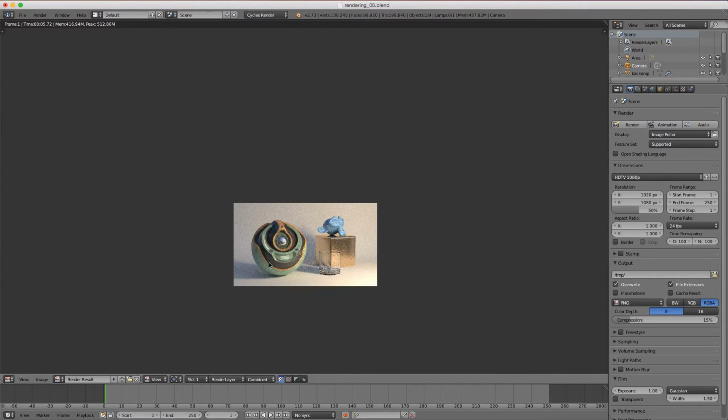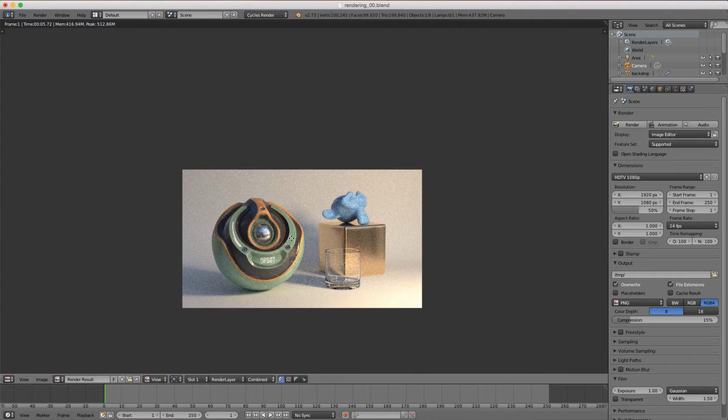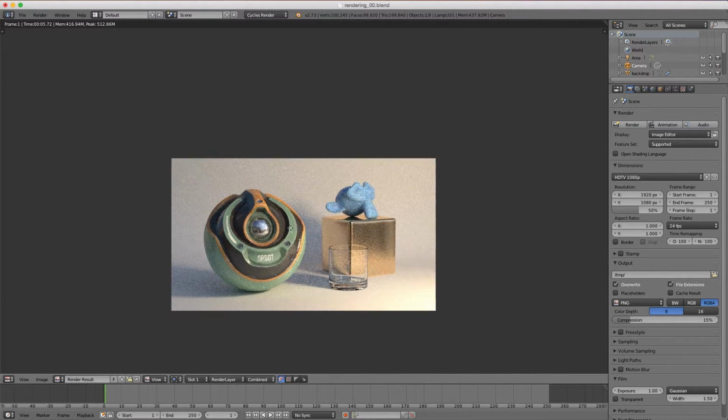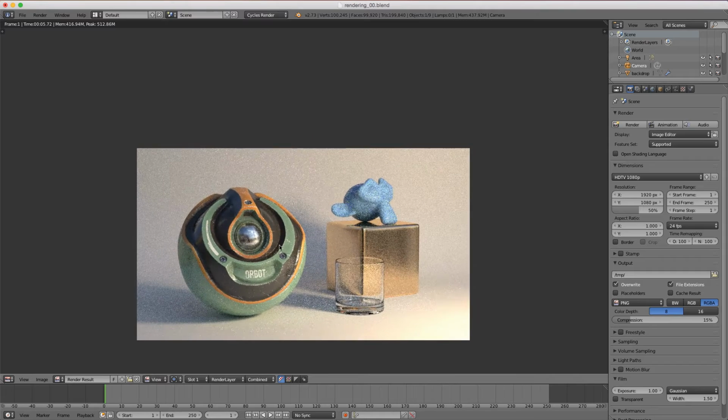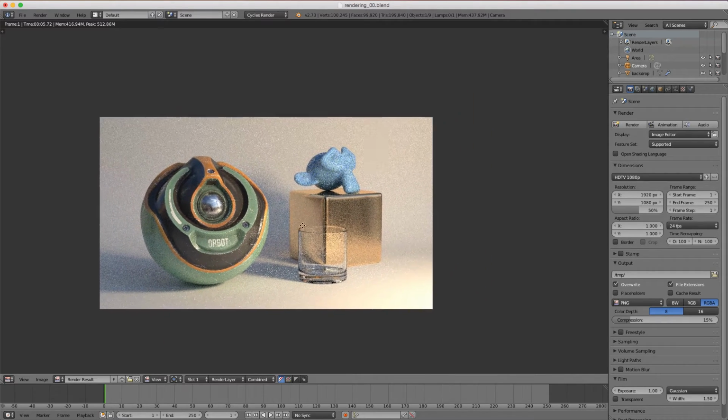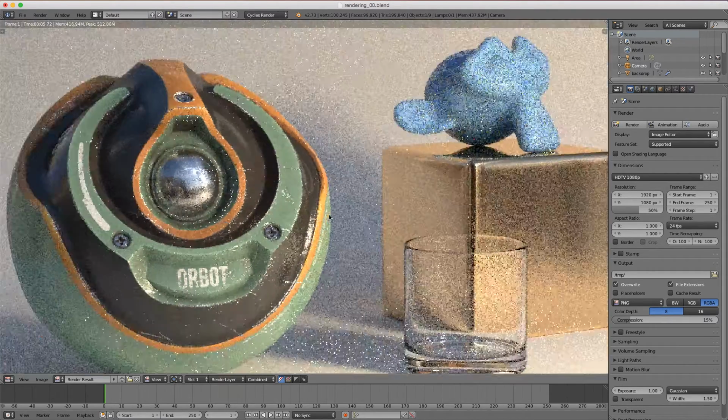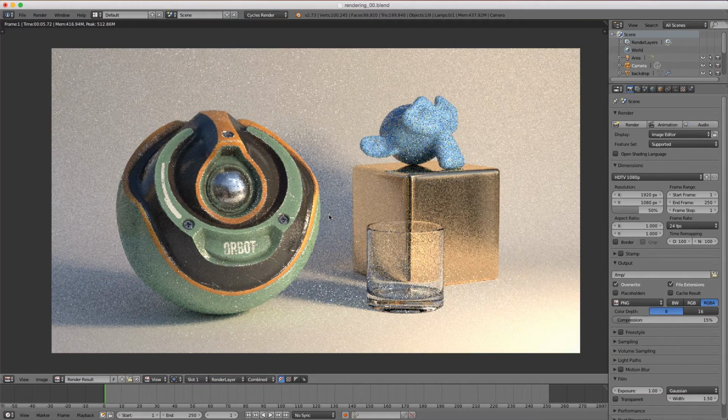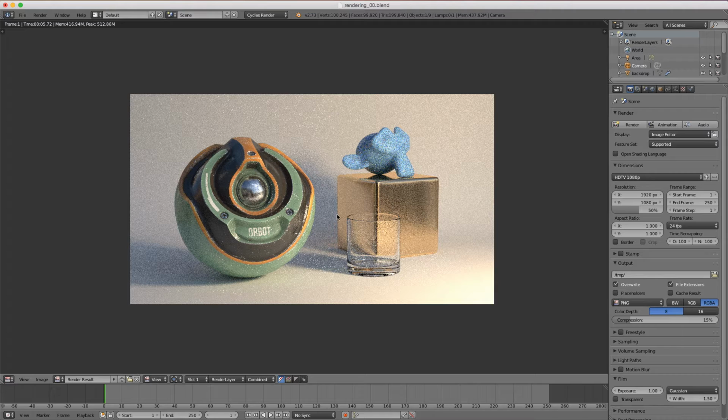And so the navigation is pretty intuitive and consistent between editors. If I hit Control and middle mouse drag, we can zoom in and out. Just middle mouse dragging allows us to pan the image. And then also we can zoom in and out with the scroll wheel. Also for specific zooming, I can hit 1 on the number pad, which will take us to the full resolution